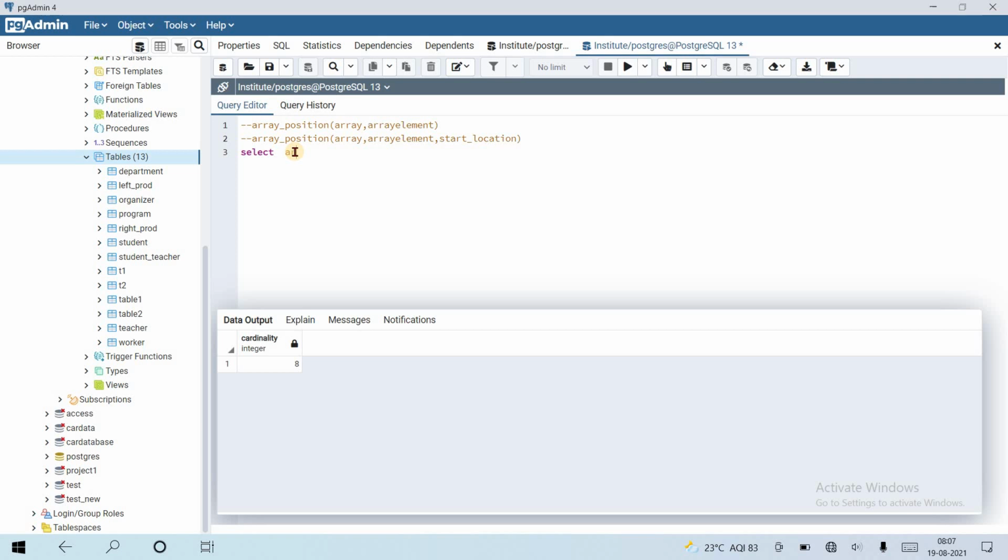Array position, in parentheses, some array. Suppose Jan, Feb, March.